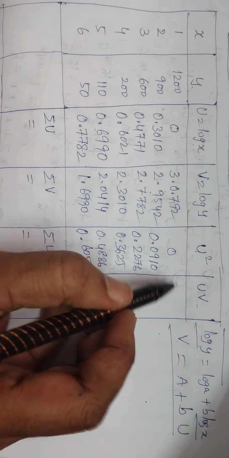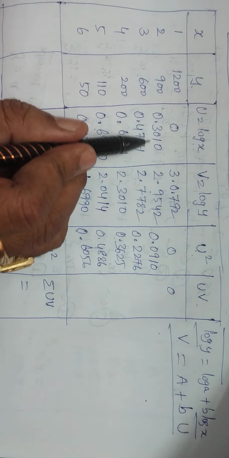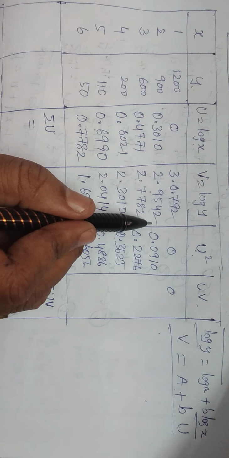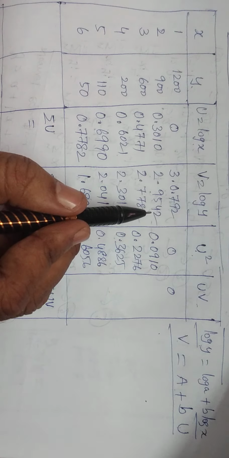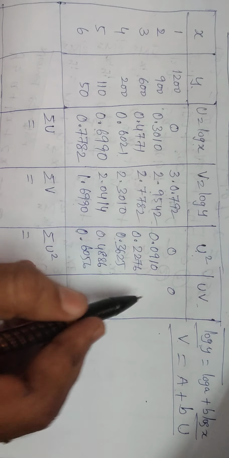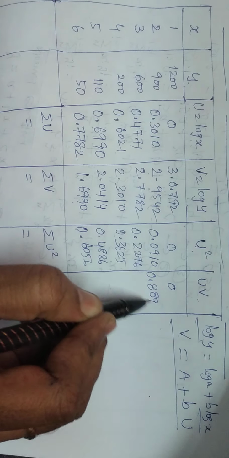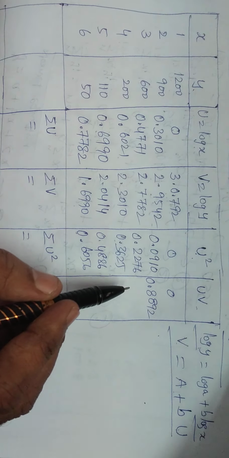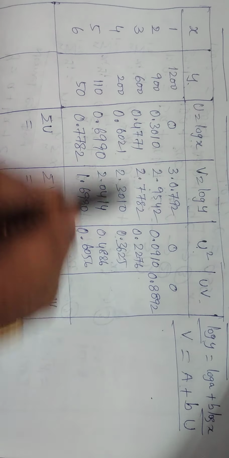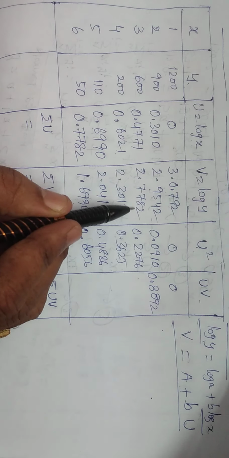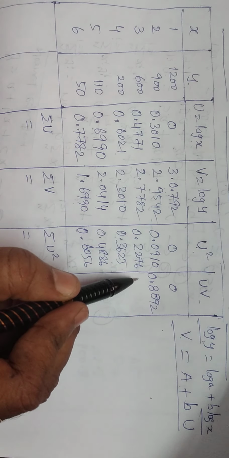0 into 3.0, then 0.3010 into 2.9542. This is the value; the next one, use the calculator and do it, 0.8892, and for the next value, 0.4771 into 2.7782, which is